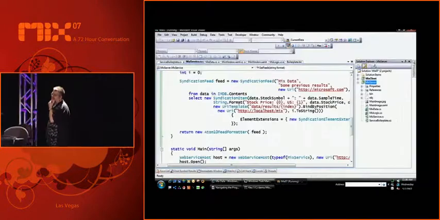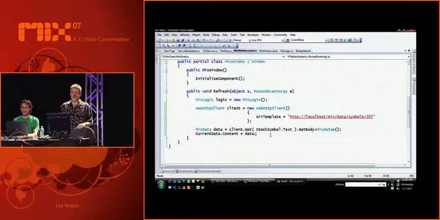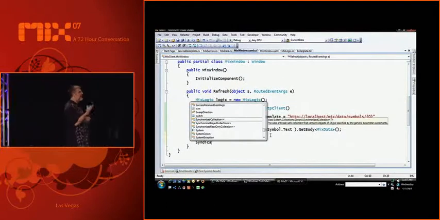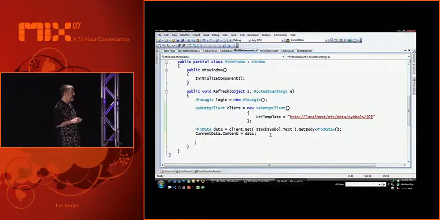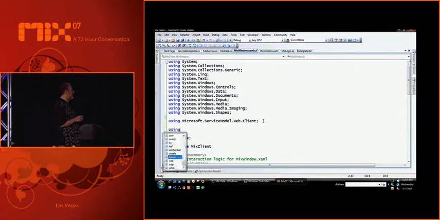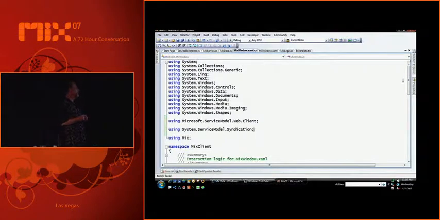All right. So what we're going to do on our client is when we do the refresh, that is when you hit the button, we're going to go off and also pull down the syndication feed. Scroll down.